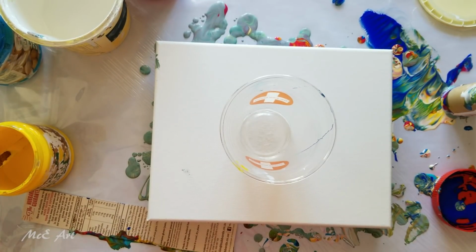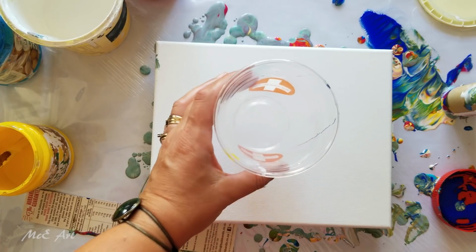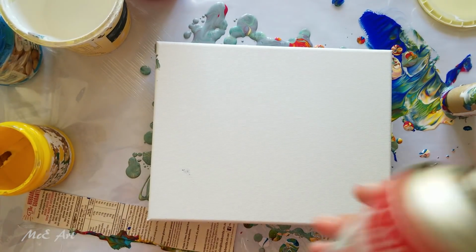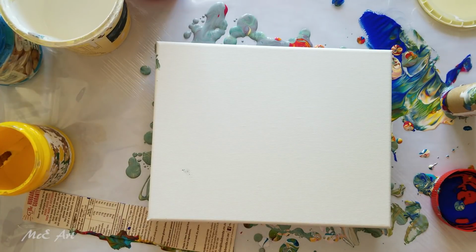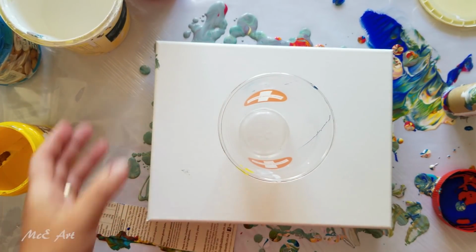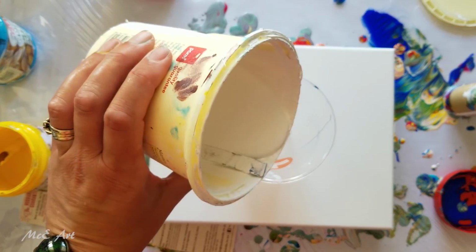Okay, I'm back. Guess what I'm going to do? I'm going to do a flip cup. So I'm going to grab my CRC because I haven't got silicone in any of these, I don't think. And just spraying some silicone on the inside of my cup. And we're going to go